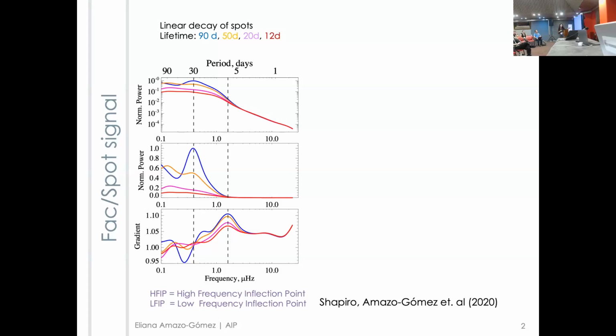And here we have the power spectra in a linear scale, and you also don't have a clear signal of the rotation. But then we went to the gradient of the power spectra and saw that there is an enhanced signal. Actually, there are 2 enhanced signals that are very stable, that are also proportional to the rotation period and have some amplitude that can be detected very easily. This is the case of spots.